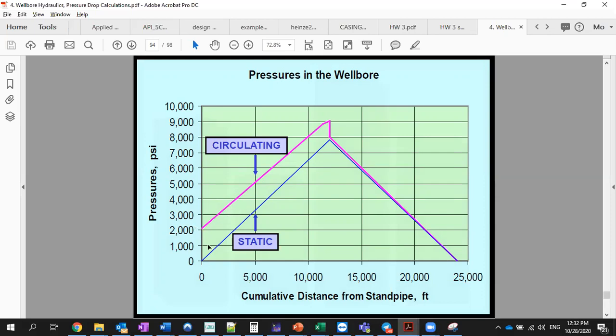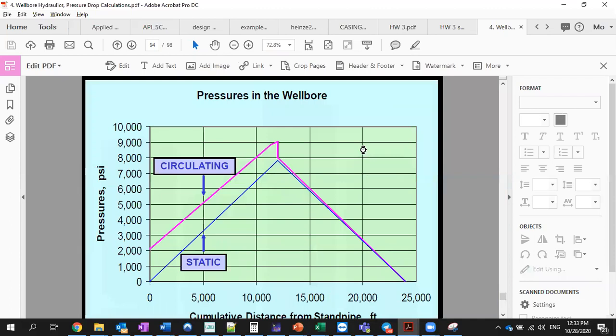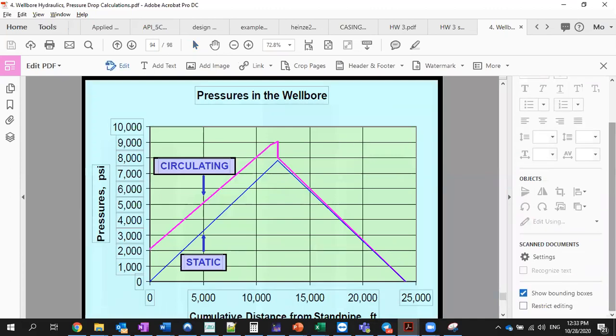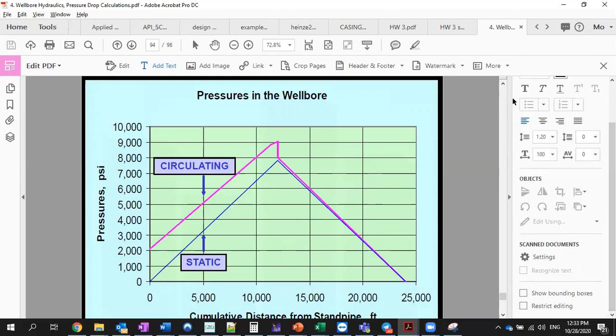So hydrostatic pressure increases. Let me see if I can draw here because that helps me describe this. Edit PDF, maybe. Oh, well, none of these options are open. Edit, add text, add image, link, add footer, what's text? Okay, now it's activated, but it's just the text, so nothing else. Well,